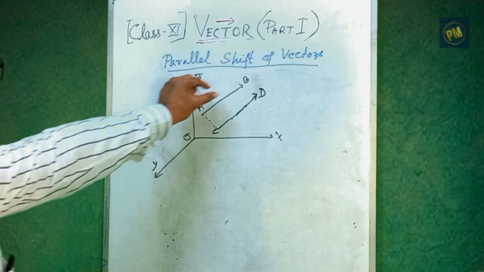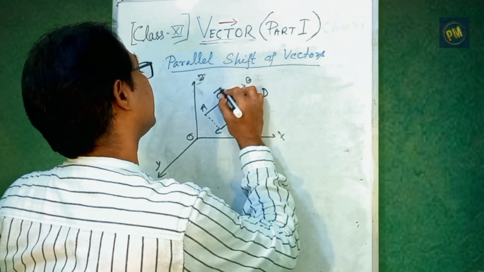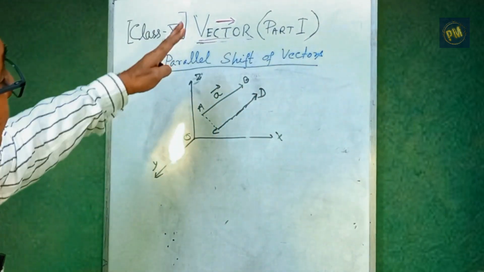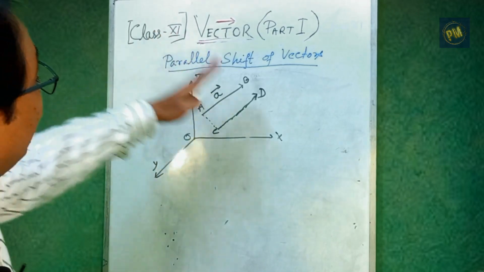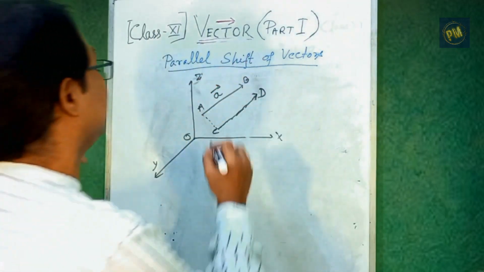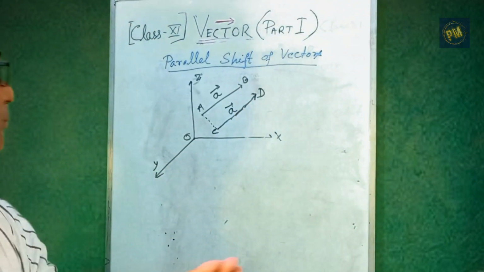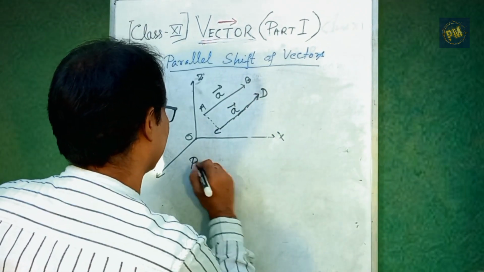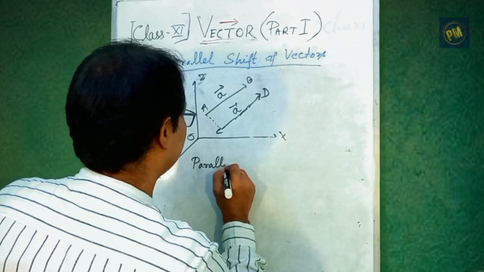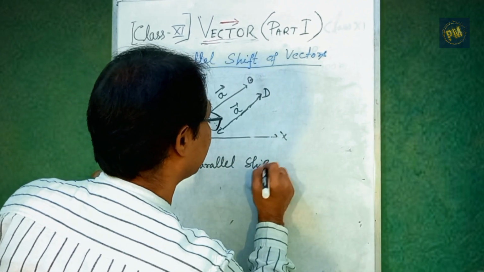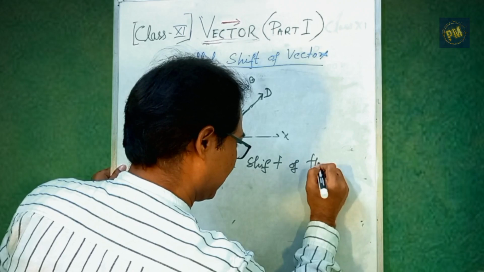AB is a vector A. We can shift this vector parallelly to the position CD. This is also a vector A. What is the parallel shift of the vectors? Parallel shift of the vectors